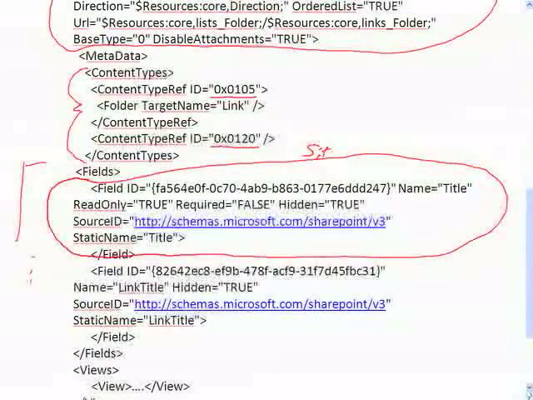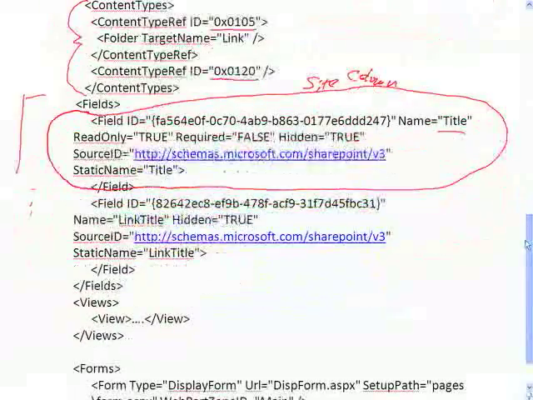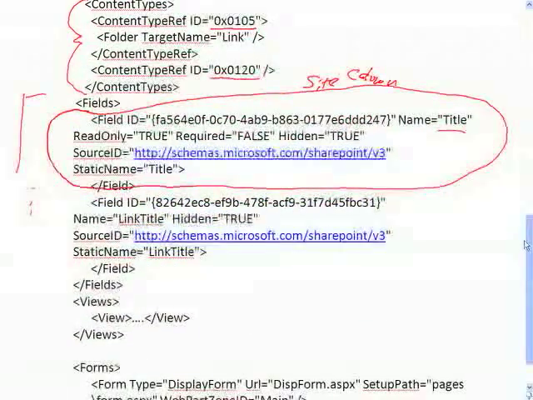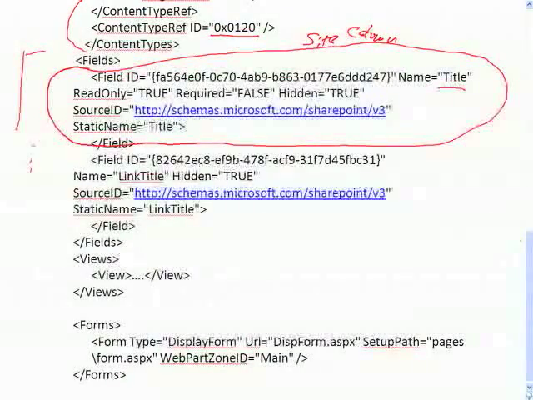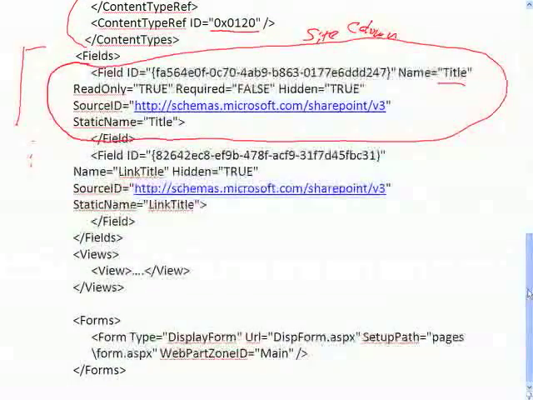So this is a site column. This happens to be the title one, and that's being included by its field ID. This is the link title, and that's being included by its field ID. It so happens that all those are also site columns, but for some reason, Microsoft says you have to do the duplicate work and include it even if it is within the content type. So